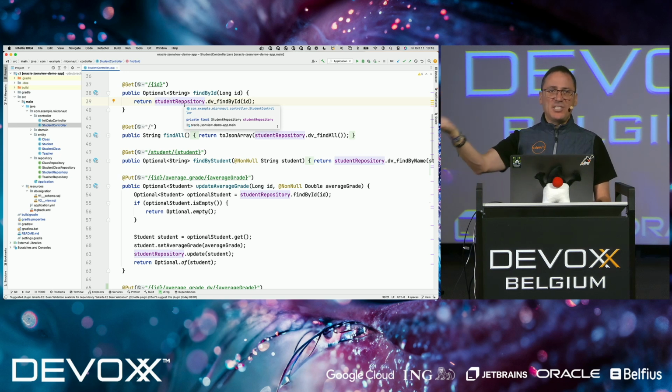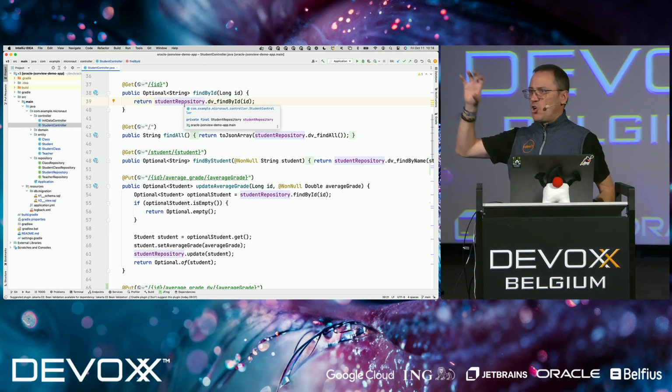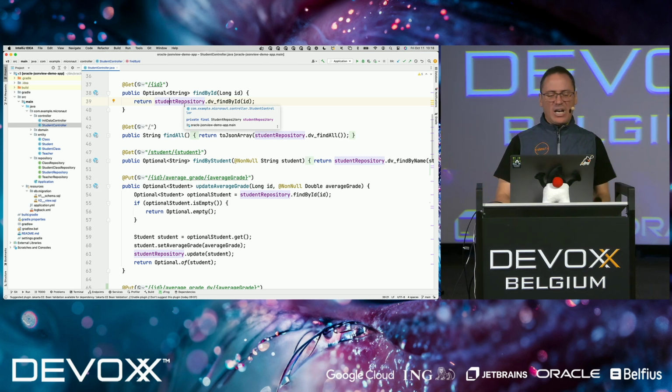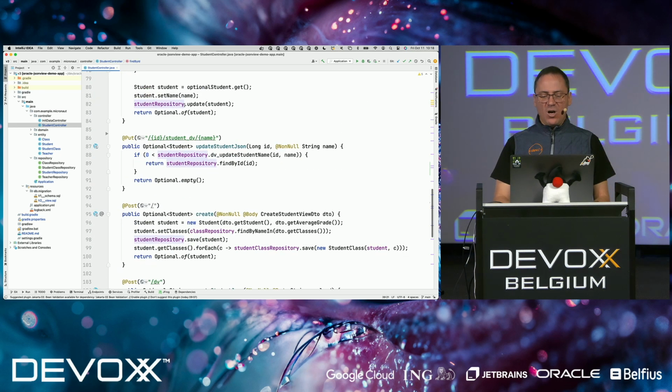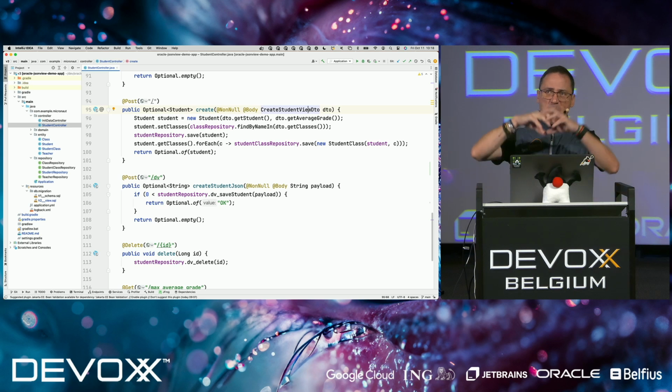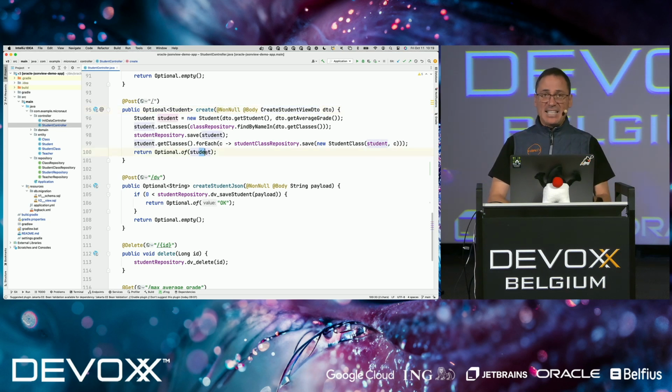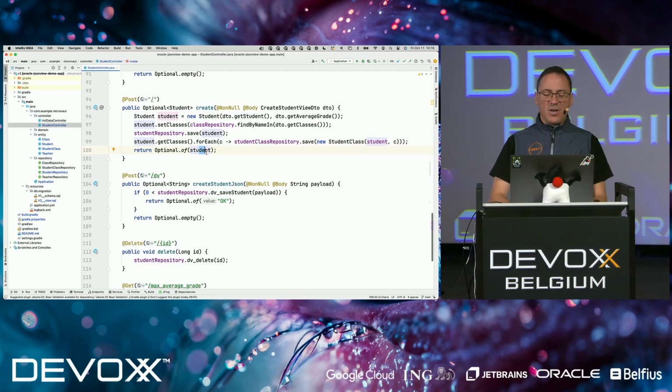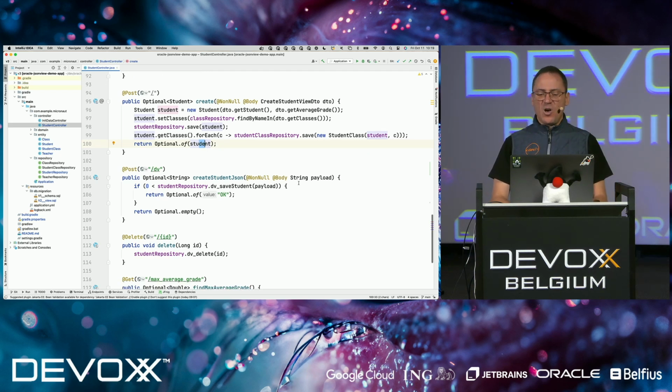There is no Jackson. There is no transformation of data through POJOs to JSON to go to the other end. It just grabs the document as is and then sends it to the client. It's storing a new student. If we were to use ORM here, this is your typical code. So we decode the incoming JSON, then parse it into Java objects, our domain entities, use the repository, store it, and when it comes back, it's another object that gets translated into JSON by the framework. But if you were to use the JSON duality view, we take a JSON document as an input and then just send it directly to the database.